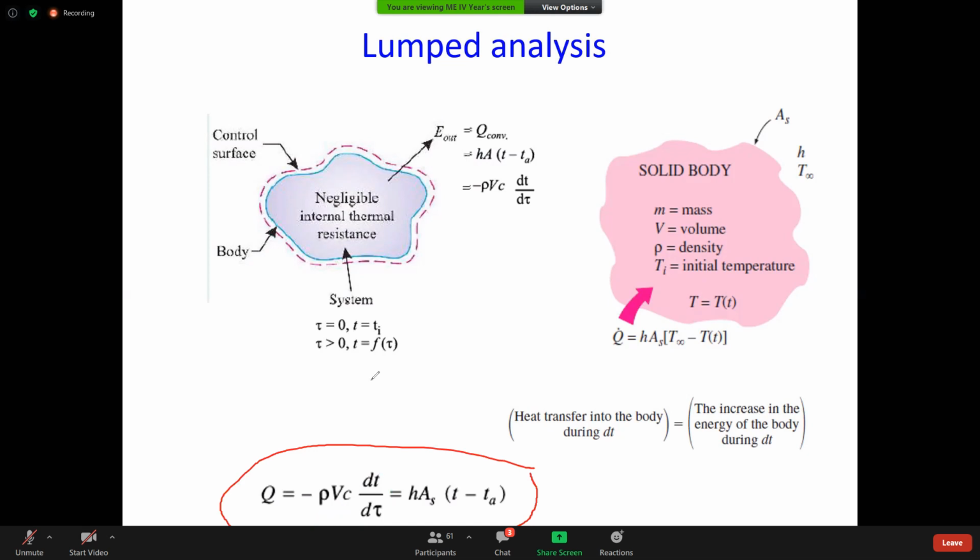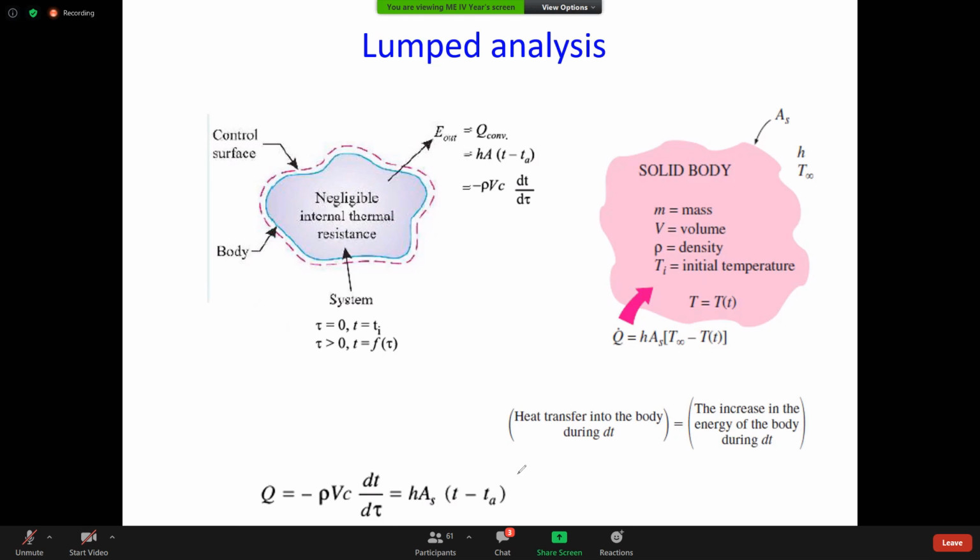But what does this negative indicate? That is important, right? This negative indicates heat supplied to the system is positive, heat rejected from the system is negative. So from the system this heat is being rejected, so I put this as negative. At the same time, work done by the system is positive, work done on the system is negative. These are principles we have studied in our basics of thermodynamics. That is not a new thing, right?